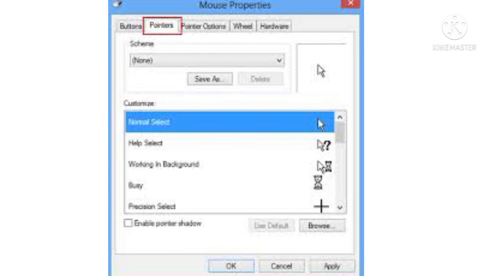Mouse pointers. You can change the appearance of the mouse pointer here. Number 1, click on Browse option. You will get a Browse dialog box which shows a lot of options available for your pointers.